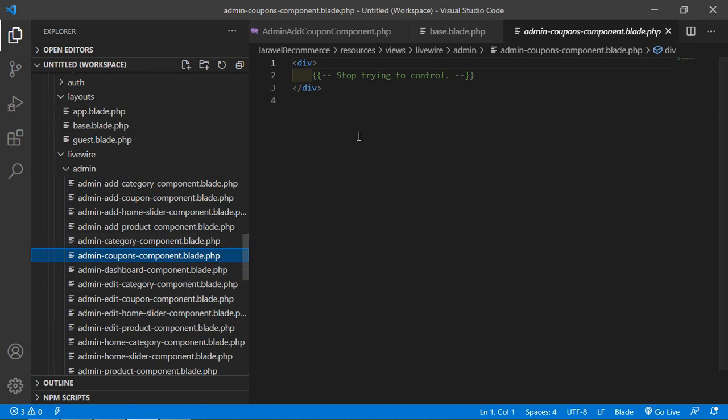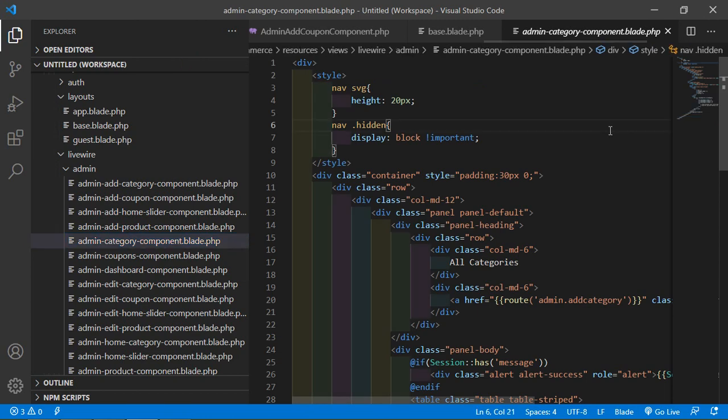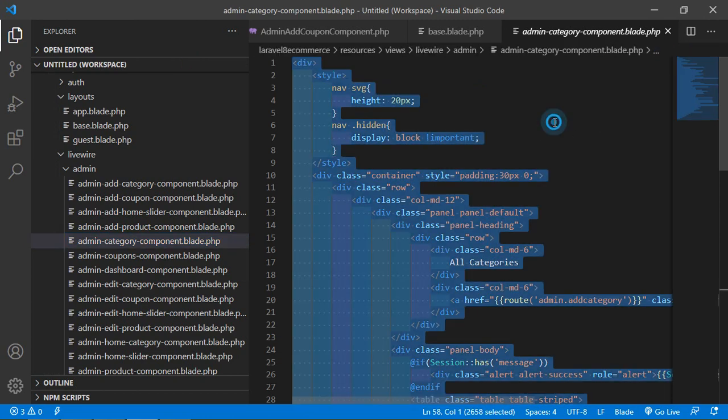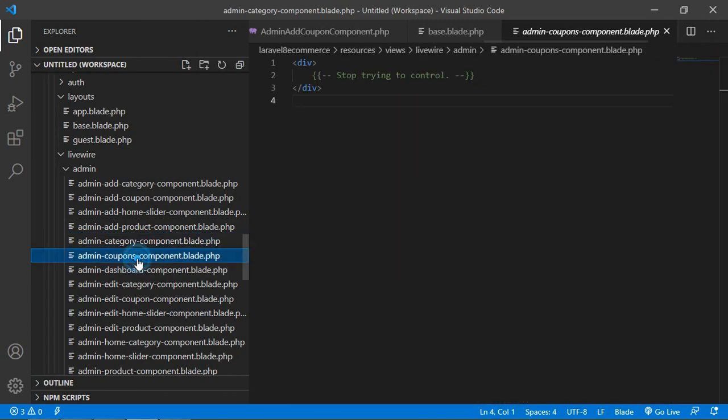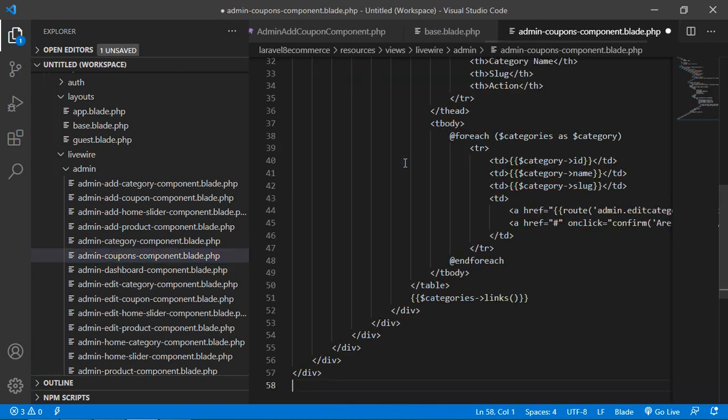Okay, and here I am just going to copy from the admin category component. Okay, so just go inside this component and let's copy all the text from here, and now go to the admin-coupons-component.blade.php file and just select all the text and paste here.